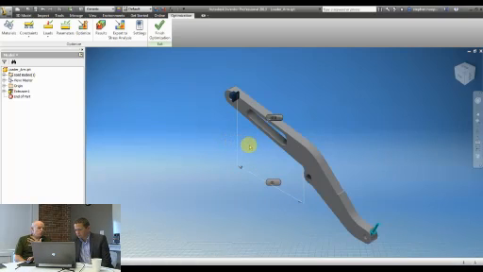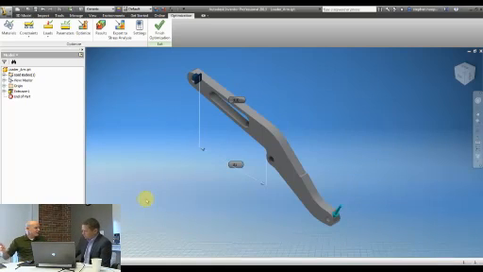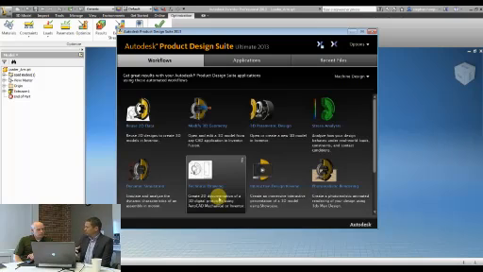So if I'm an AutoCAD guy and I've done the optimization here, one of the things I need to do is communicate the results of my design, right? And we usually do that through 2D documentation. That's right. So how do I go from here back to an AutoCAD environment and make sure that I have the most current version? I'm going to do exactly what we did right at the beginning of the little demonstration. Let's go back to the Launchpad and have that tell me what I need to do.